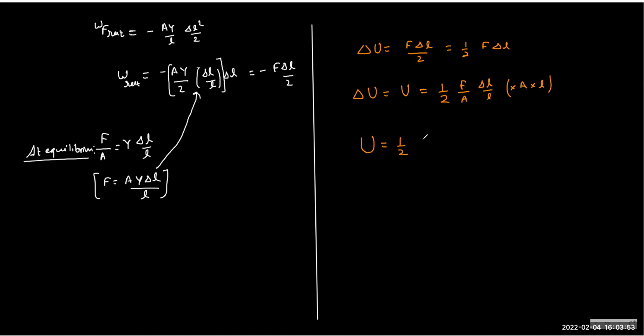half, F by A is called stress and delta L by L is called strain. And AL is the volume of the rod. Because stress is Young's modulus into strain, you can also write strain as stress by Young's modulus, and you can substitute here. So the energy becomes half